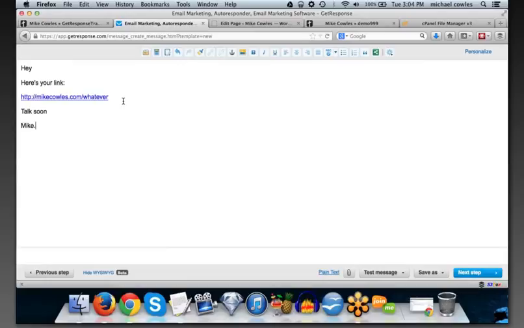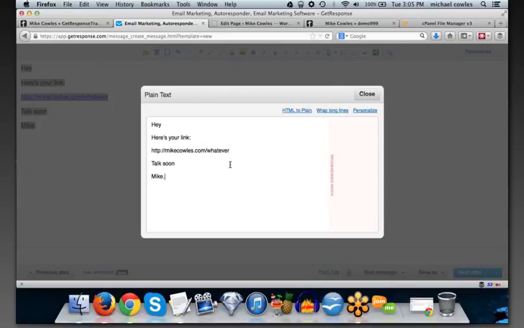Now, you could have the words click here and link that, and that's all good and fine. But the reason why this is better is because if you highlight this whole thing and you come over here to plain text, you simply paste it, and it already has your link in there versus the words click here.